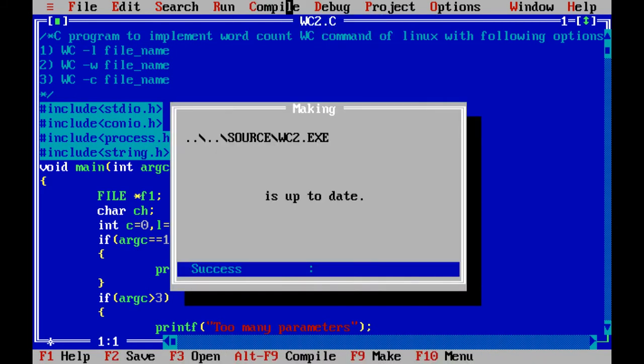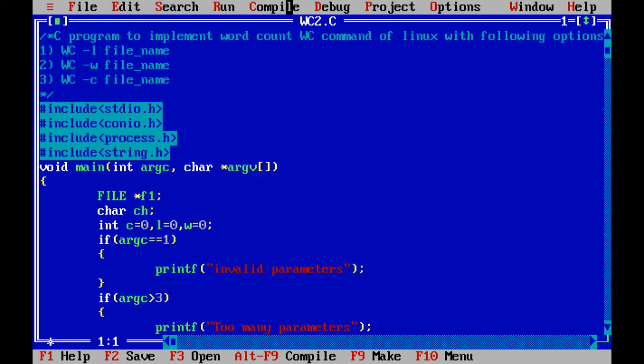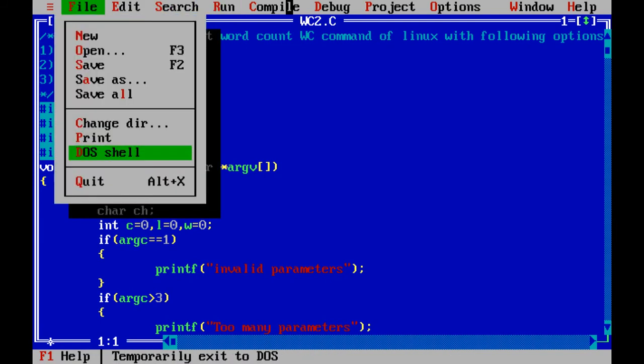This is our exe name. Do not forget to write it down in your notebook. And exe names depend on the device you're working on and on the setup you're working on. So if your exe name is coming something different, it is all right, nothing to worry about. Now let us go to our DOS shell.